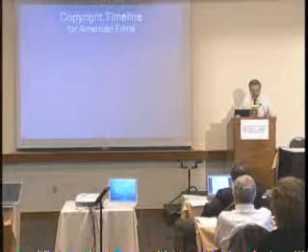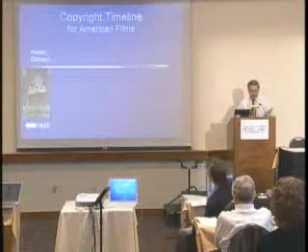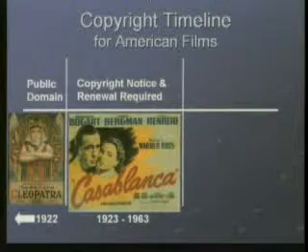So before we move on, we'll look at a quick review of the practical effect of these laws. So in the U.S., all American works published in 1922 or earlier are in the public domain. So even though the copyright in this Theda Bara version of Cleopatra was renewed, it's expired. Works from 1923 to 1963, such as Casablanca, are protected for 95 years if they originally qualified for copyright and